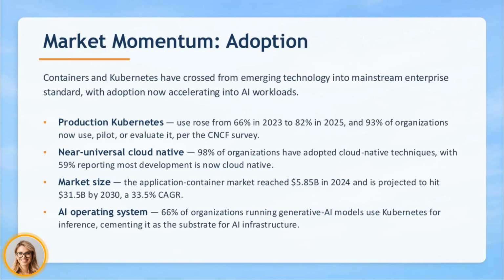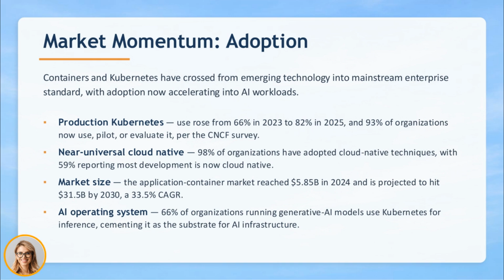Cloud-native techniques are near universally adopted by 98% of organizations, with 59% reporting most development is cloud-native. The application container market reached $5.85 billion in 2024 and is projected to hit $31.5 billion by 2030. Furthermore, 66% of organizations running generative AI models leverage Kubernetes for inference, solidifying its role as a key substrate for